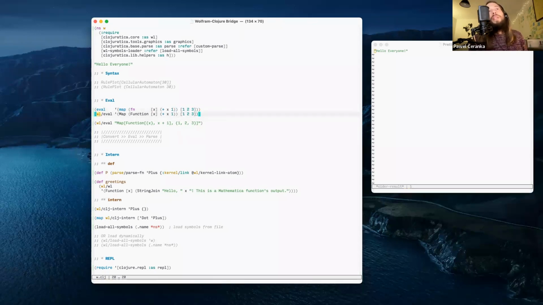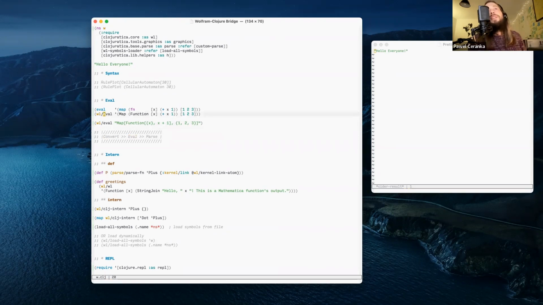We can do the same here, right? So we have an eval function for Wolfram language, and here we have a map that's coming from Wolfram language and a function that's coming from Wolfram language, and we can do the same thing. And if you see something in the docs and you just want to test it out, you can just put a string inside of this, and it's going to be kind of clever. So it's actually a 3-step process, of which eval is the middle point.